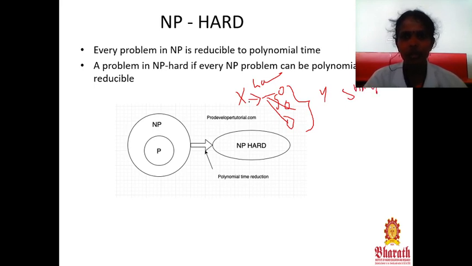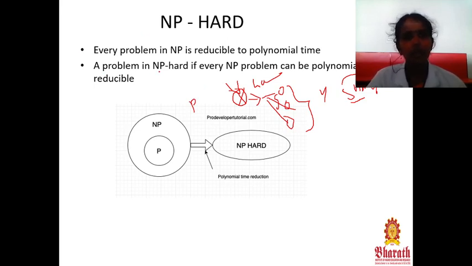Okay, so X is a hard problem. When I say it is a hard problem, it means we are reducing this problem X into small problems. After that I am applying an algorithm called Y to solve that problem. So after that I am getting a solution, and that solution will be the solution of this hard problem. If it is this, then we can say this X problem can be solved in polynomial time. So far we are saying it is an NP hard problem.